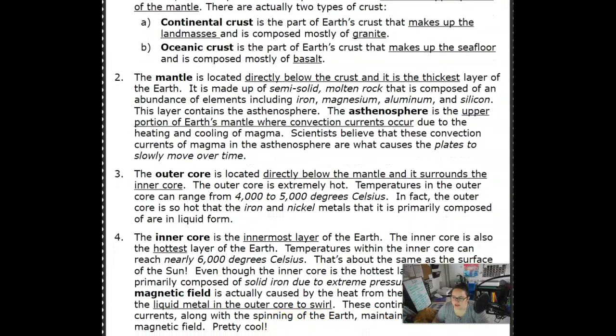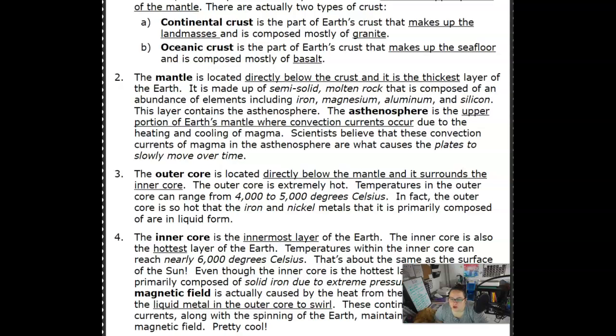The inner core is also the hottest layer of the Earth. Temperatures within the inner core can reach nearly 6,000 degrees Celsius. That's about the same as the surface of the sun. Even though the inner core is the hottest layer, it is actually primarily composed of solid iron due to extreme